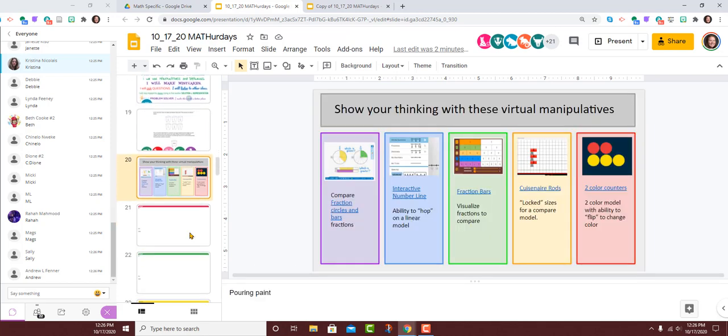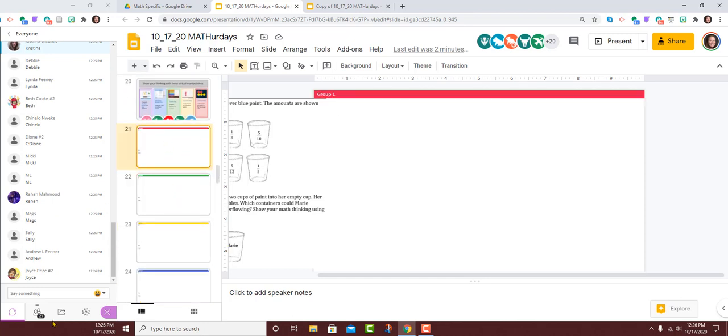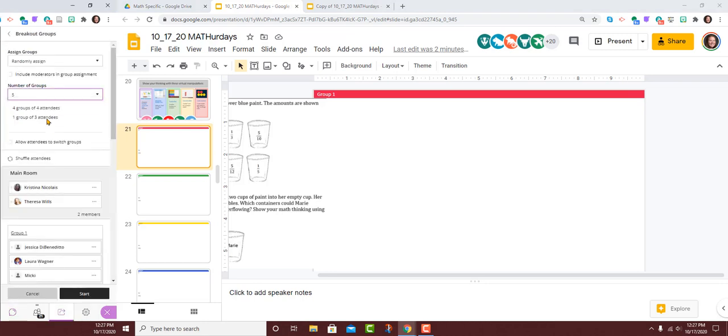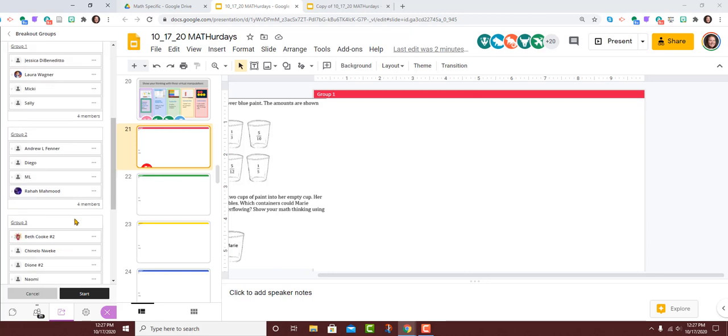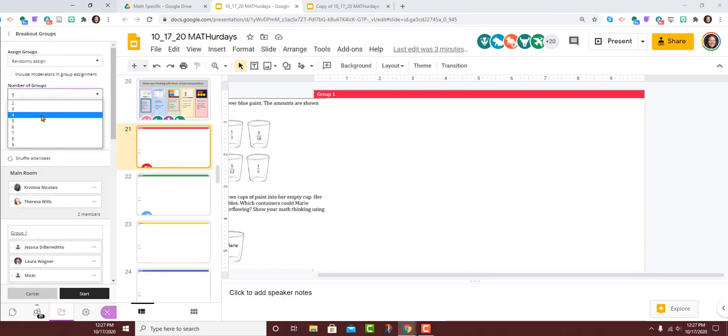I've supplied 5 virtual manipulatives that you could choose to use on slide 20, but you're not restricted to those. And at this point, I'm going to put you in breakout rooms. Turn on your microphones, say hello to people, find your group slide below, and see how many representations you all can get in 20 minutes. Alrighty, our breakout rooms are starting now. Say hello to your new friends.